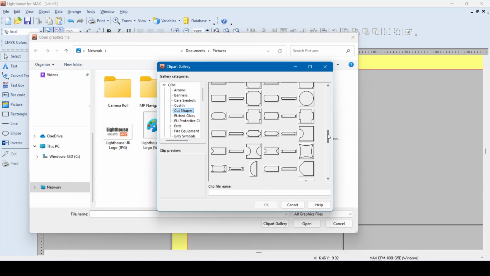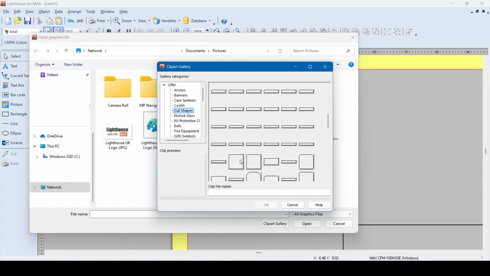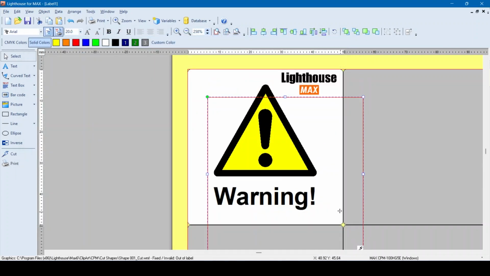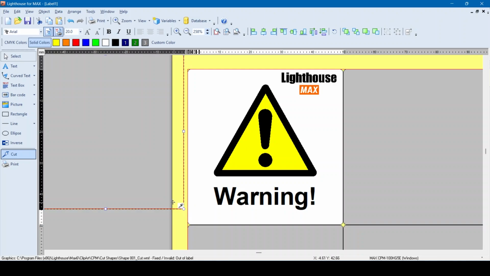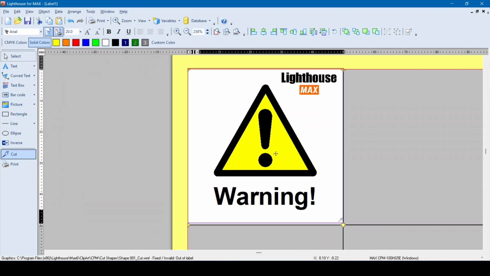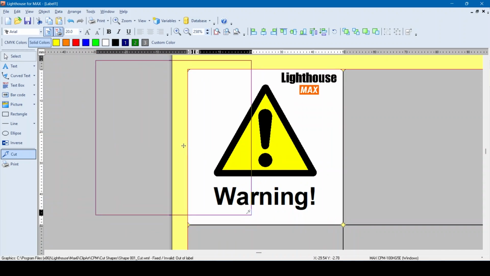Quite simply find the image that is required, click on it, press OK, and it's inserted into the software. You'll then see with this particular shape that a dagger will appear in the corner. This is to notify you that this will cut out for you. Now quite often these cut shapes will not be the correct size when inserted into the software, so they can